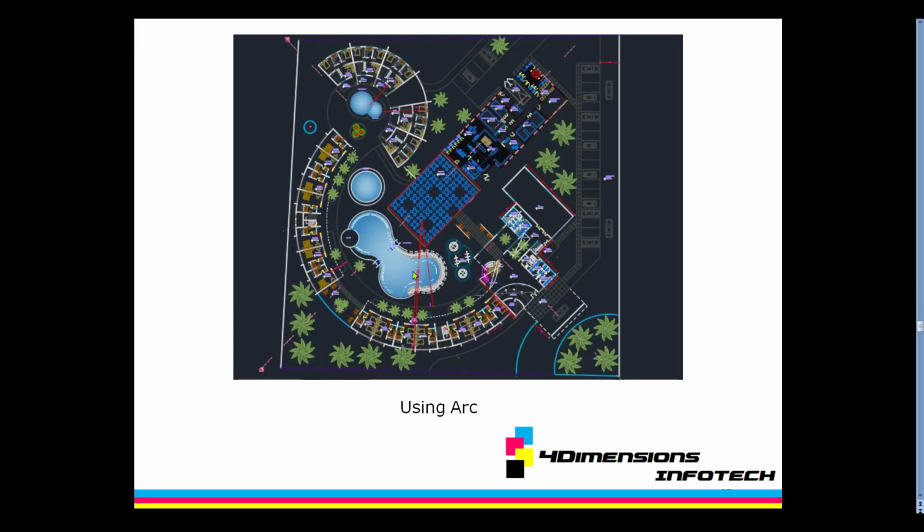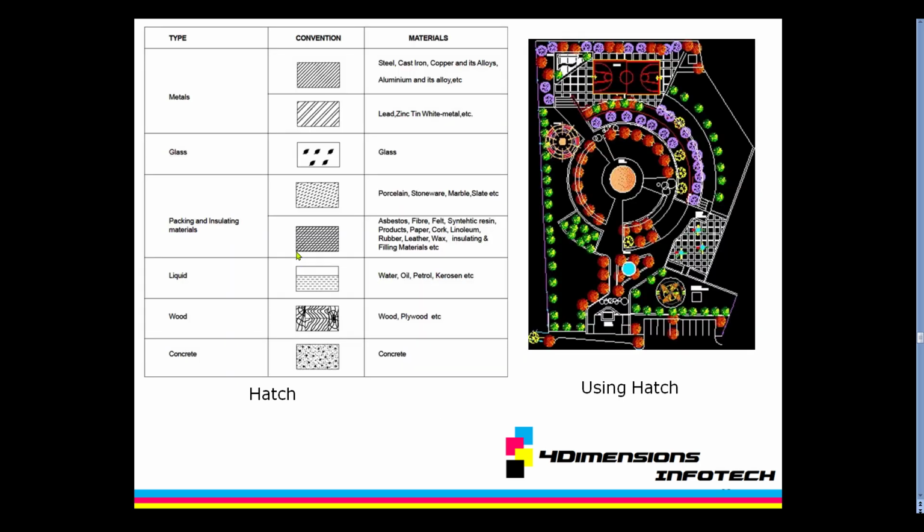Like this, we can use the hatch gradient option to show the water in a swimming pool. And also, as I told you, we can use the hatch pattern option to create the material description. Also, in order to create landscape design with the material, we use the hatch pattern and other types.